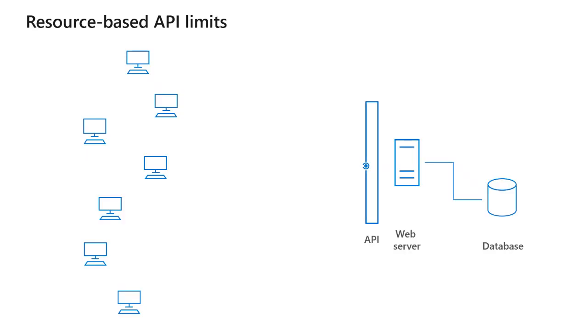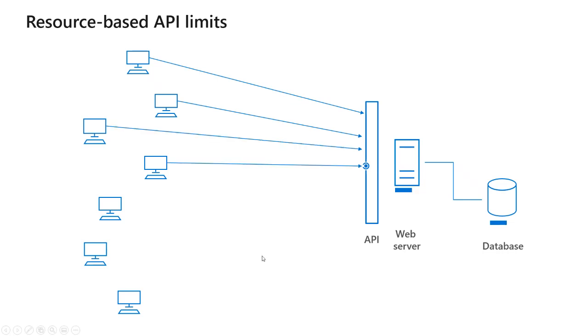So looking at the two different limits, just a quick graphic to help us differentiate between the two and how they operate. With resource-based API limits, we're looking at multiple users that are making requests against the API of that environment. And as each request comes in, it takes additional server resources or service resources. And as that all adds up, once we get to the point where we're breaching thresholds that threaten the availability